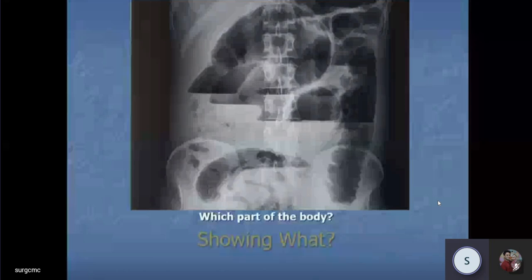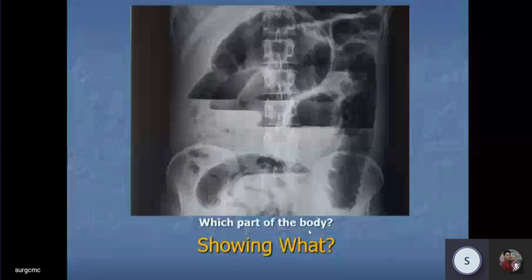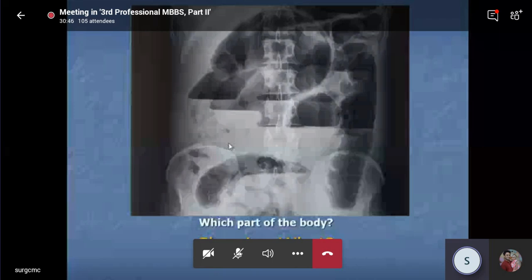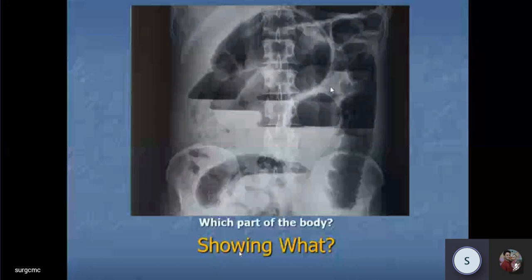Now, this is obviously an abdomen I can make out. The pelvis bones are there. What do you think this is? Any idea? What are you seeing? Multiple air fluid levels. So you can see in this X-ray of the abdomen multiple air fluid levels. I believe all know what a multiple air fluid level is. One, two, three at least I can see here, and of course distended bowel loops as well. So distended bowel loops, multiple air fluid levels. Probably you are dealing with a case of intestinal obstruction.